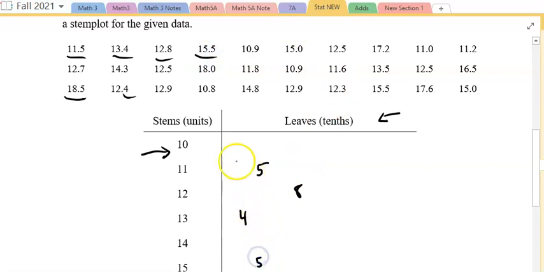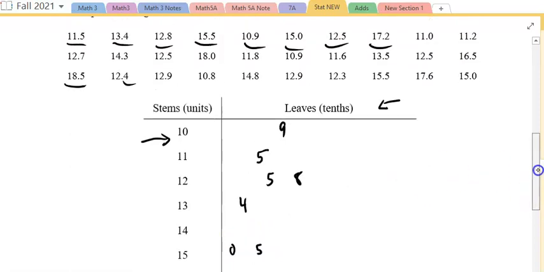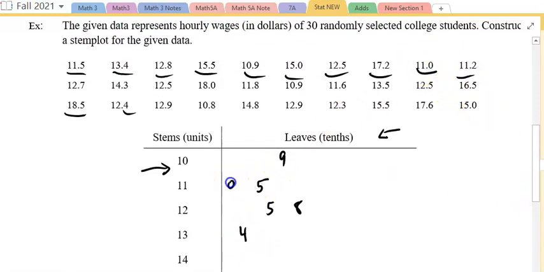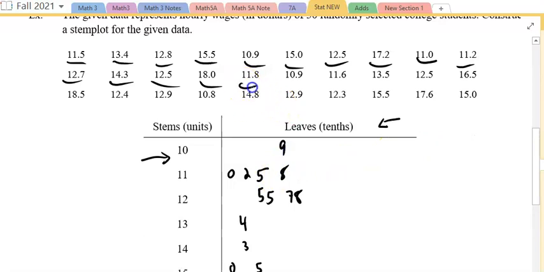15.5, 10.9, 15.0, 12.5, 17.2, 11.2, 12.7, 14.3, 12.5, 18, 11.8, 10.9 again, 11.6, 13.5, 12.5, 16.5,